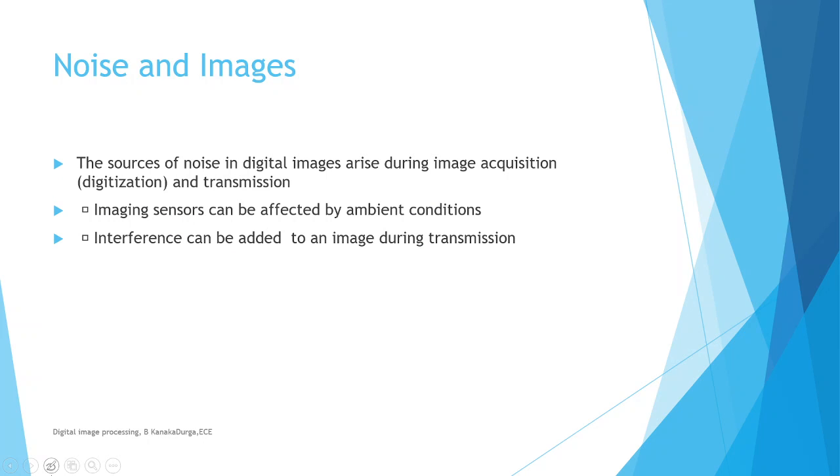So what are the noise models? The sources of noise in digital images are mainly during acquisition, or with respect to motion, or transmission, or conditions like the camera not focusing properly. So many things contribute to the noise in image models. Image sensors may not be working properly, and the temperature conditions in the atmosphere may not be proper. Due to that also, the images are not in a proper format for perception levels. If they are not suitable for perception levels, they are degraded images.